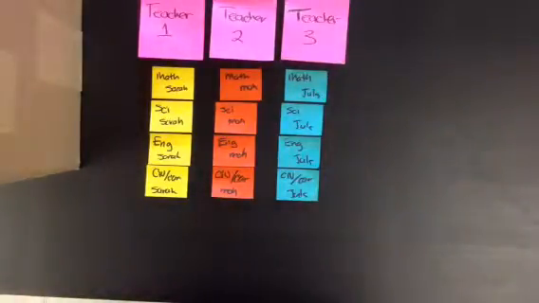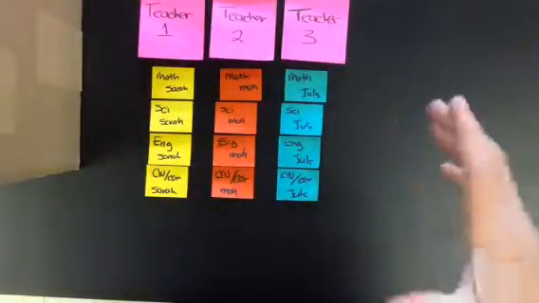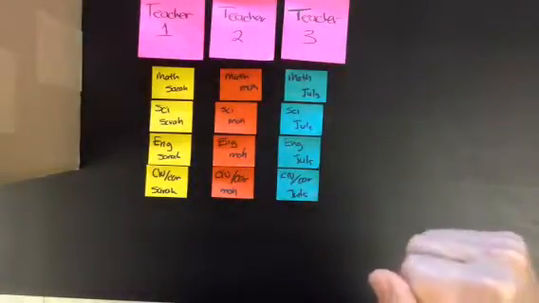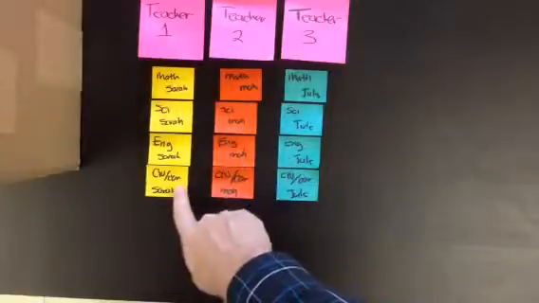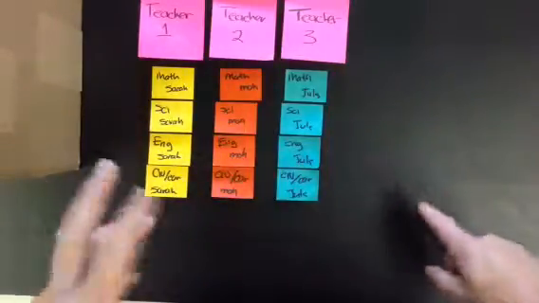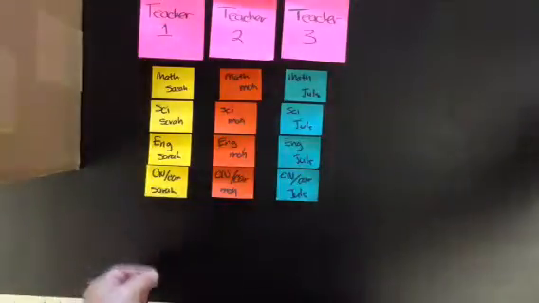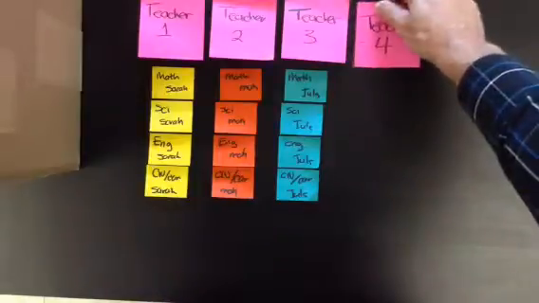what we notice is that teachers need to teach 3 periods or 3 sections a semester, and we have 4. The students actually need to take 4, so we need 1 1/3 teachers for every cohort of kids. So we need to get a 4th teacher in here to make up the difference.